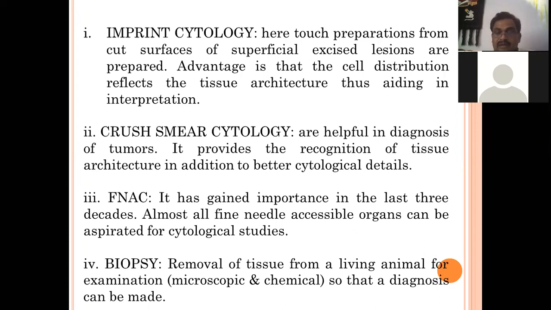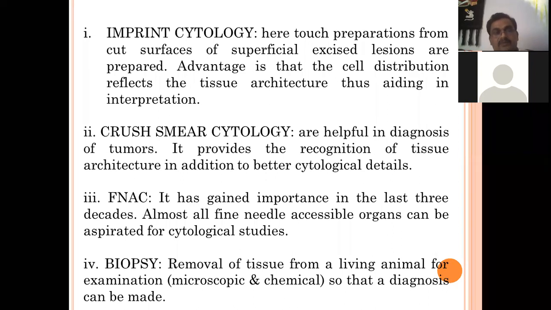It is simply examination of cells, either under a microscope or by some chemical procedure, but the cells must be taken from a living individual. So you can define biopsy as the microscopic examination of cells obtained from a living individual. For detail of biopsy, when you study histopathology, you will study biopsy. I mean to say the whole procedure of histopathology gives you a clear picture of the biopsy.